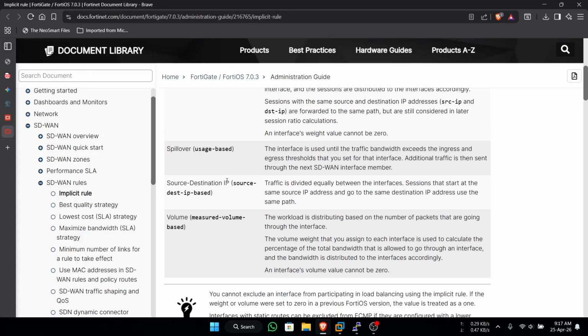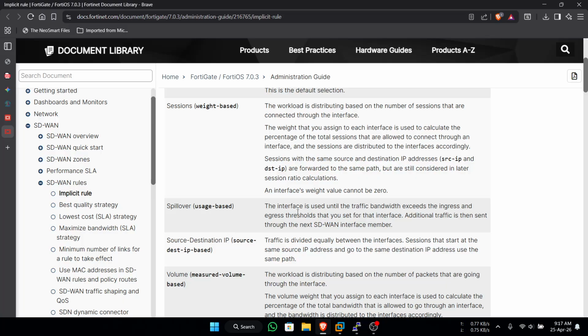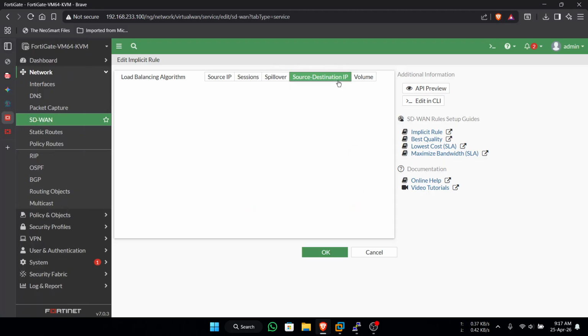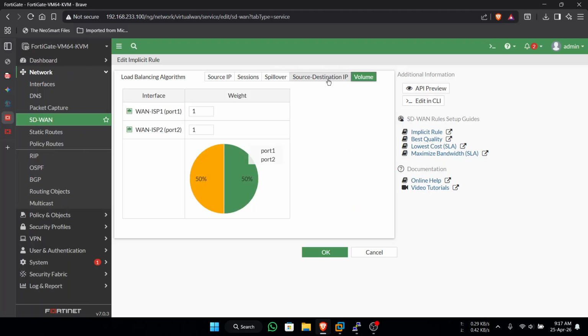If you see here, spillover: the interface is used until traffic bandwidth exceeds the ingress and egress threshold, then you can send to the next interface. For example, I will use this 40%, 45%. And this is 55%.